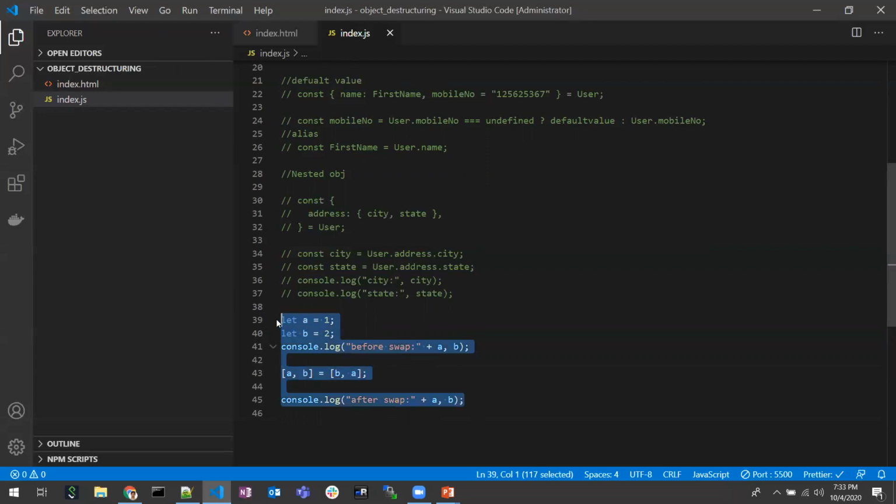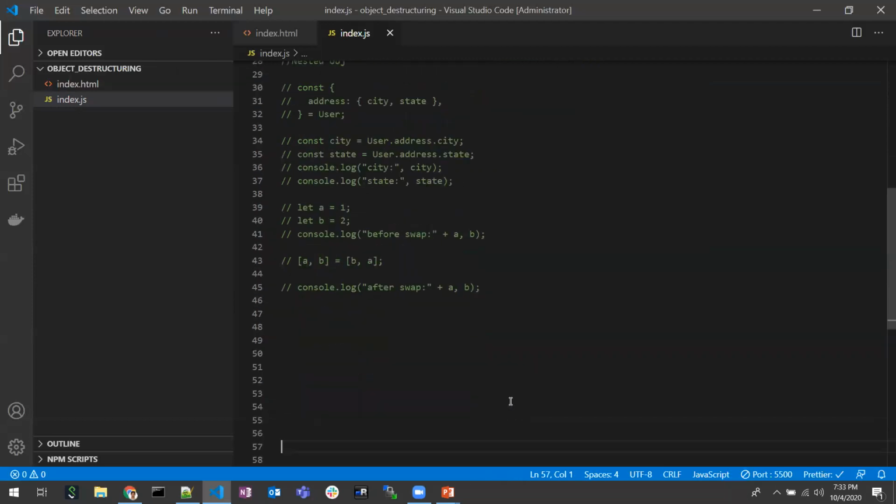In the real world, in React.js, it would be the best example of array destructuring. So let's discuss that. We would be using statements like useState in React.js. It returns two values.